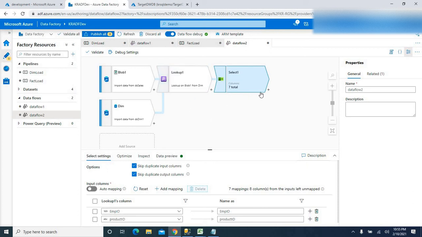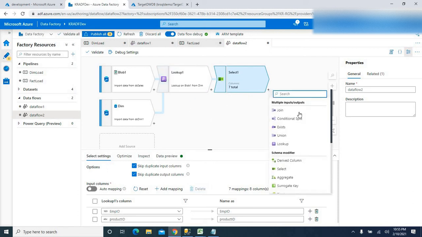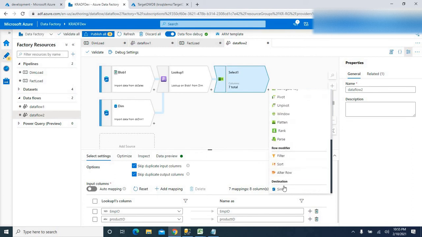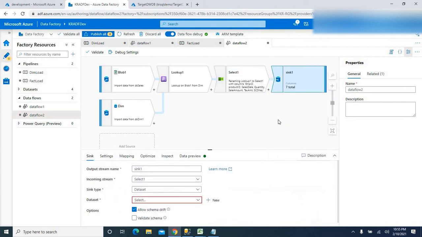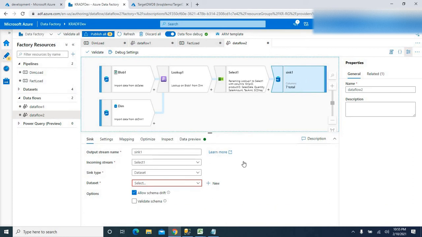That's it. All right, so now I'm gonna add the sink. I hope it's very simple. Try to understand what I'm trying to do here so that it will be easier. Otherwise there might be a little confusion if you have not done these data loads before with any ETL tools.